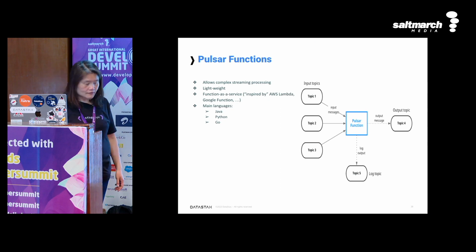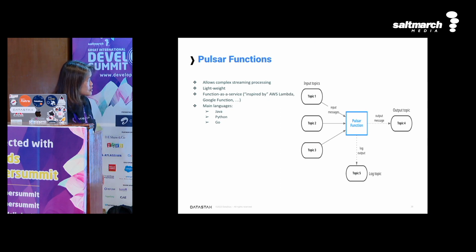But that's the idea. You can have different input topics coming in with messages, and you process them with a Pulsar function. And from the function, you output the messages to a sink. The sink can actually be another topic that can become the input topic for another pipeline too. That's the idea. But you can also have the transformed messages written to a log, for log messages as well. So over here is another example. That's Pulsar Functions, quickly explained to you.